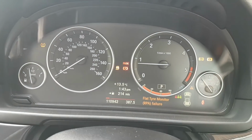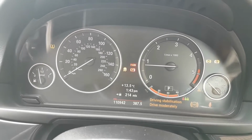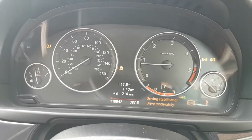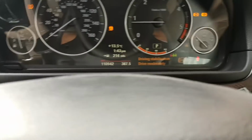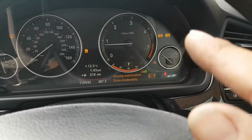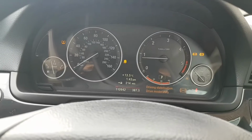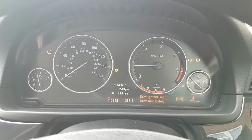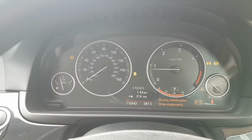So, that's the issues. Okay, so as you can see, let me take the handbrake off. So that's the problem. Before that was the stability fault, which is also there. So we have ESP, ABS, that sort of braking warning, and the flat tire monitor as well. So I have a feeling these issues are all related, everything kind of related to the ABS. Even the flat tire, most likely this is a system,